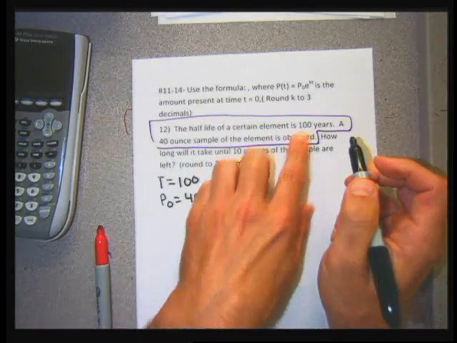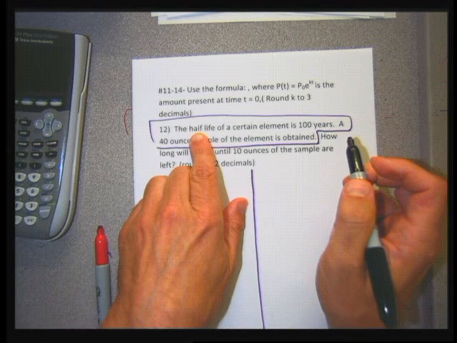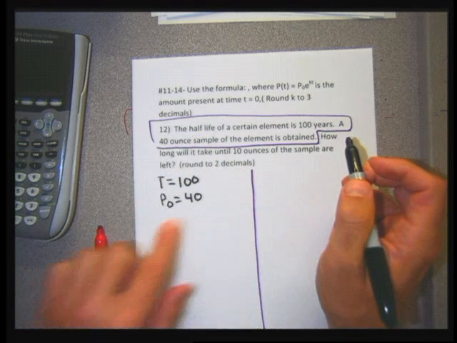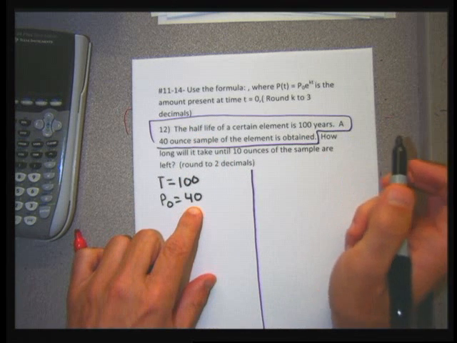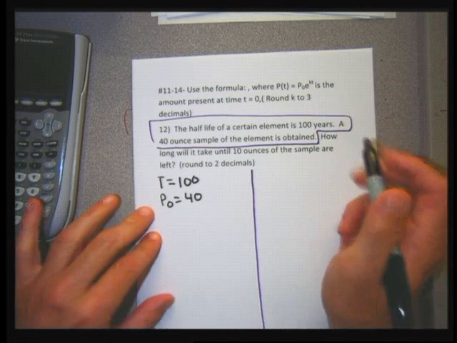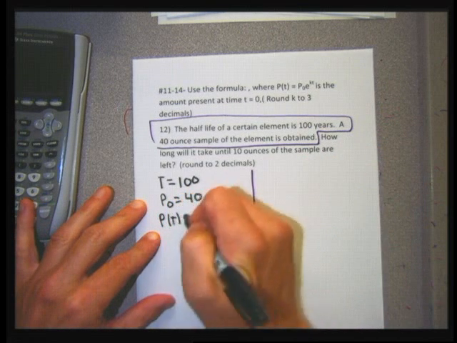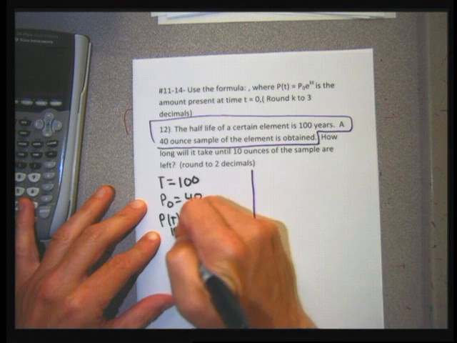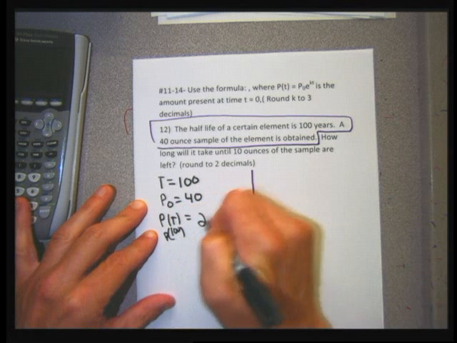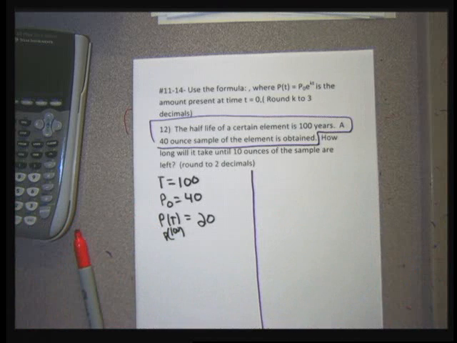T is the time. And when it says half-life is 100 years, that means if I start with 40 ounces of the sample, which is pretty heavy, that in 100 years, or P of 100, I'm going to have half of it. I'm going to have 20 ounces left in